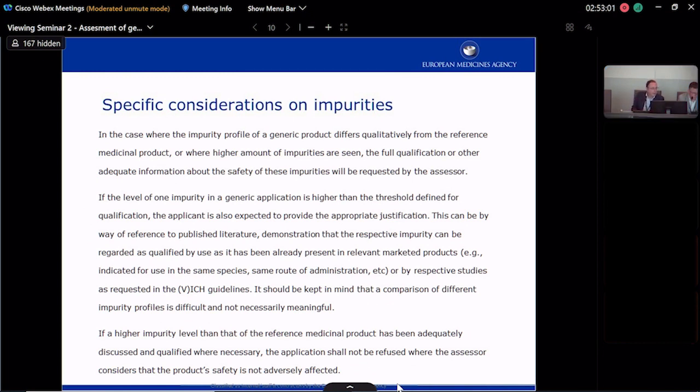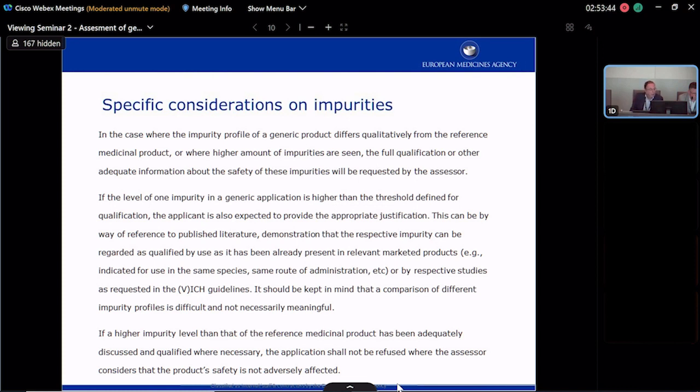Also, in the case where the impurity profile of a generic product differs qualitatively from the reference medicinal product, or where higher amounts of impurities are seen, the full qualification or other adequate information about the safety of this impurity should be requested by the assessor. If the level of one impurity in a generic application is higher than the threshold defined for qualification, the applicant is also expected to provide the appropriate justification. This can